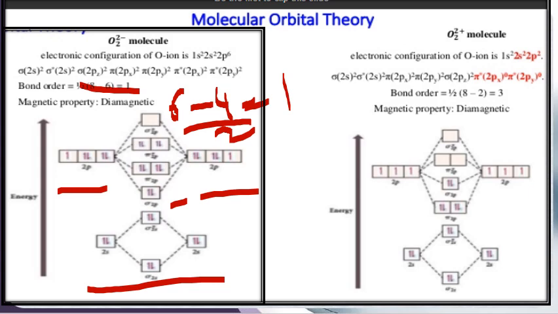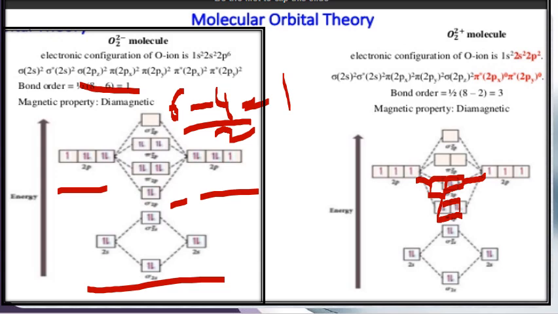Here there is a little change in it, but there's actually a mistake in this p diagram. Draw one of the p orbitals, that is 2px, down there, and 2pz and 2py will be up there. The same diagram is given for these,